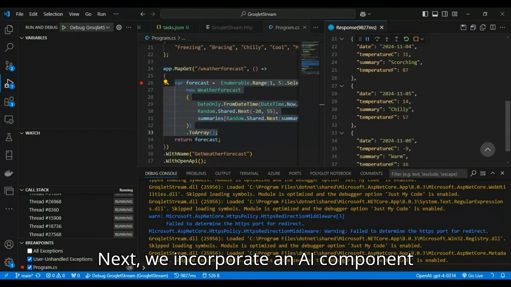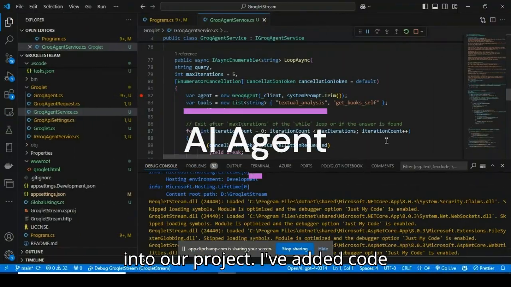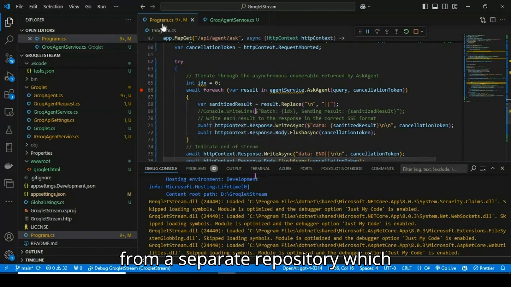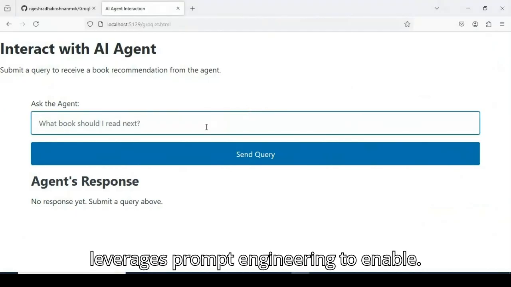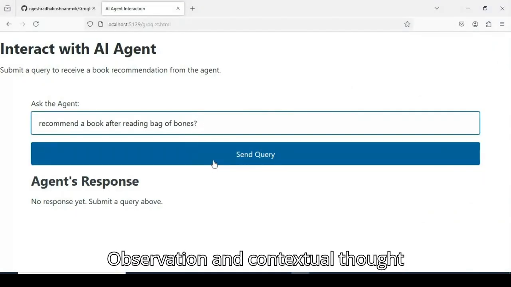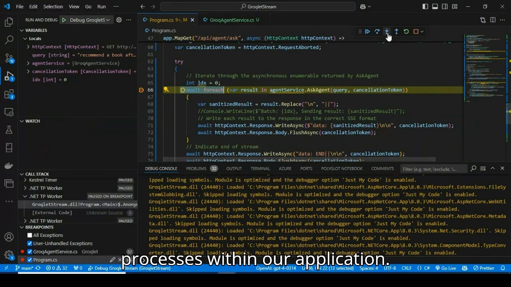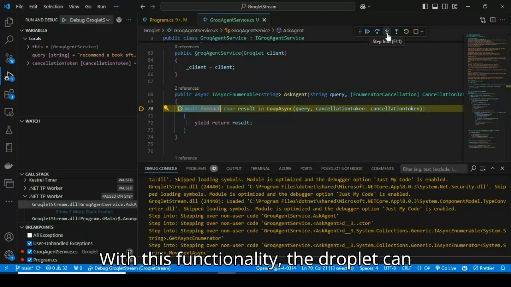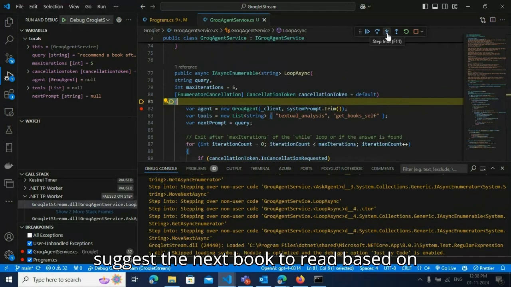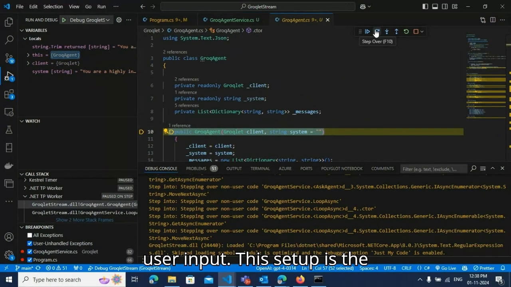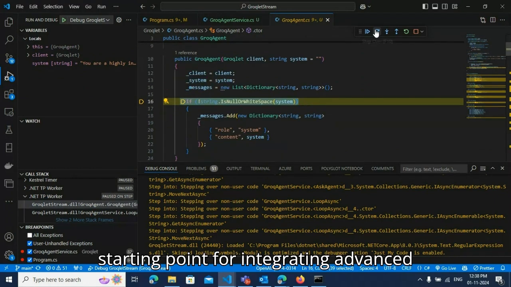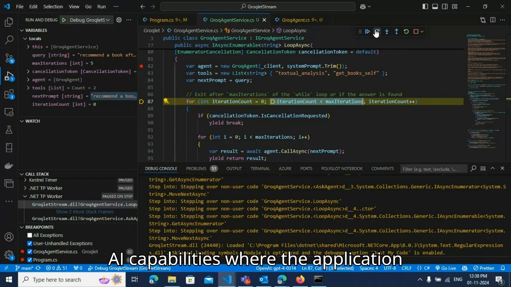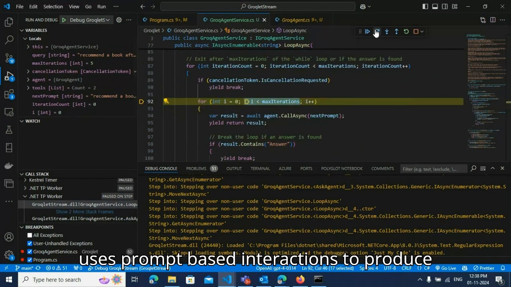Next, we incorporate an AI component into our project. I've added code from a separate repository, which leverages prompt engineering to enable reasoning, observation, and contextual thought processes within our application. With this functionality, the Groqlet can suggest the next book to read based on user input. This setup is the starting point for integrating advanced AI capabilities, where the application uses prompt-based interactions to produce a